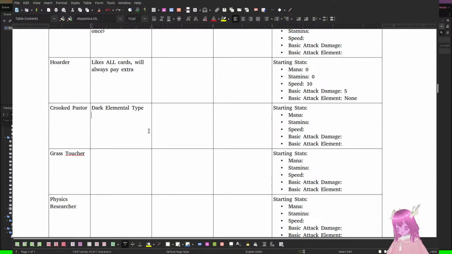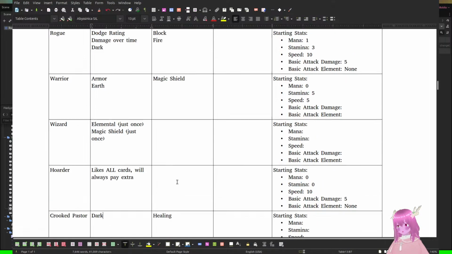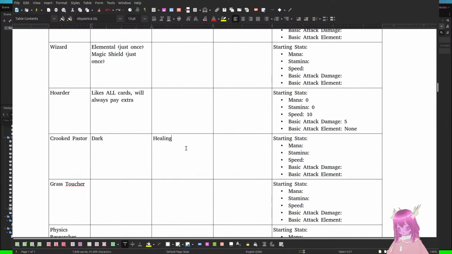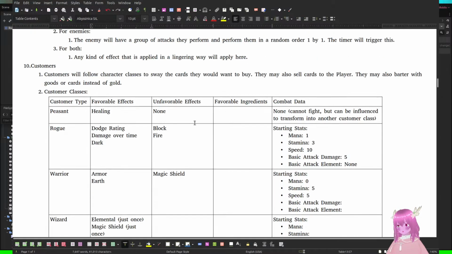So yeah, he likes the dark elemental type, and he hates healing. Also, I could have just put dark. Whoops. This could just be dark. Oops. Anyway, he'll hate healing and he'll hate fire. Fire and healing scare him, because fire is a cleansing ability.